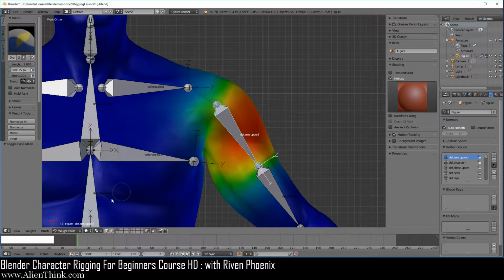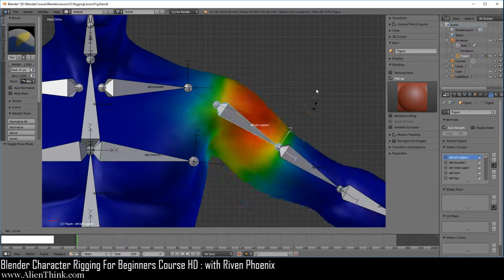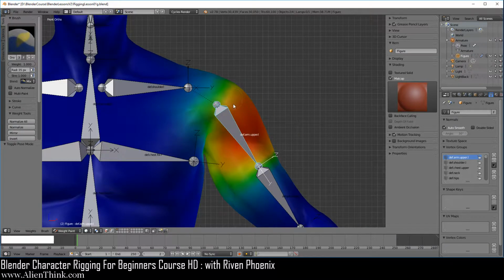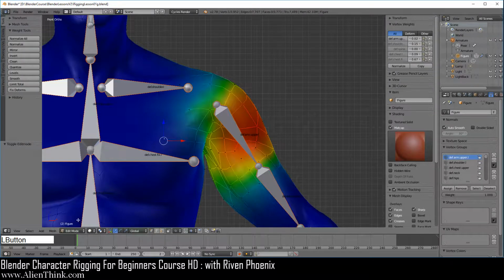Now the other thing with weight paint is if we have this bone selected, you can press the R key to rotate, right? So you can position the bones anywhere that you want, and then you can start to manipulate the values of the vertex group. Now if we switch to edit mode over here, notice that we cannot select this bone, right?